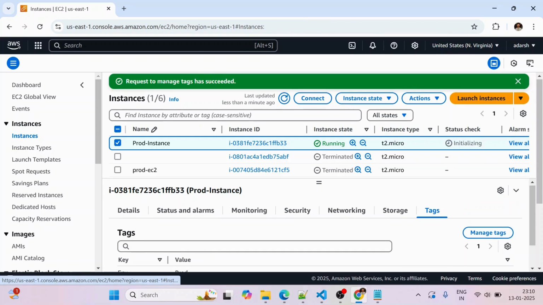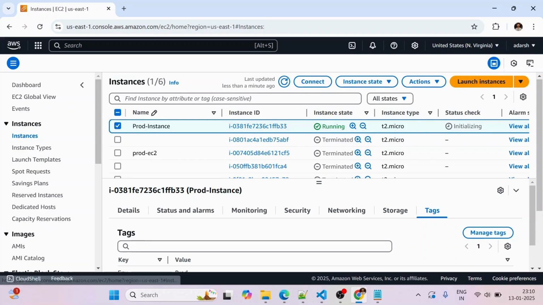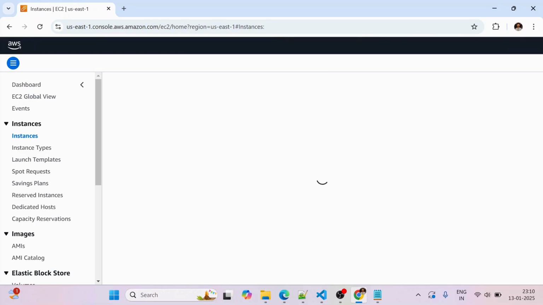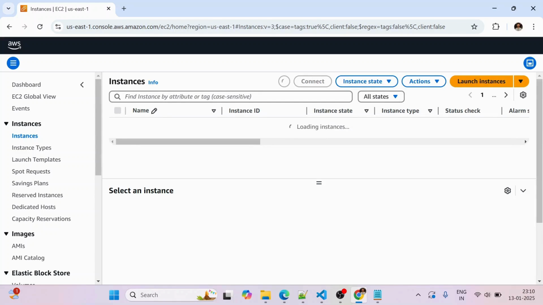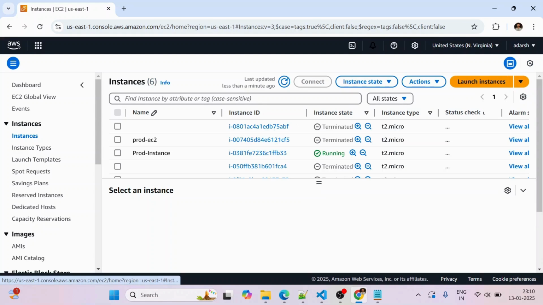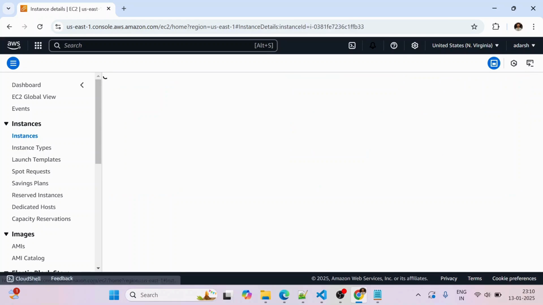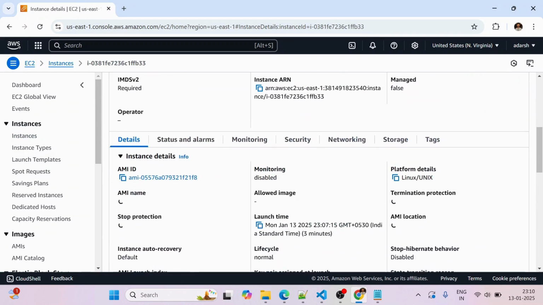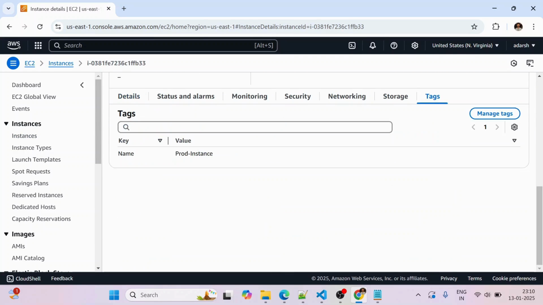Let me refresh this page. Open this prod-instance and go to the tags.